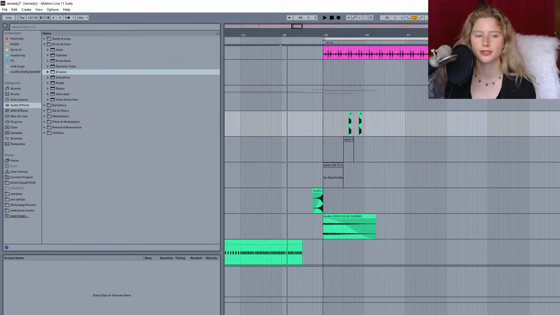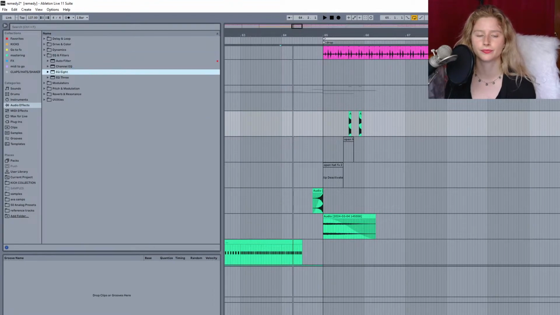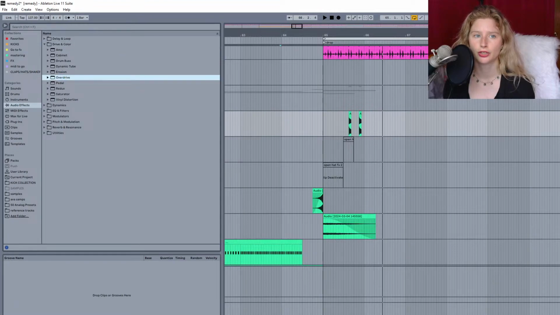I think that we need an EQ. That sounds good. I honestly think we could add a little overdrive.